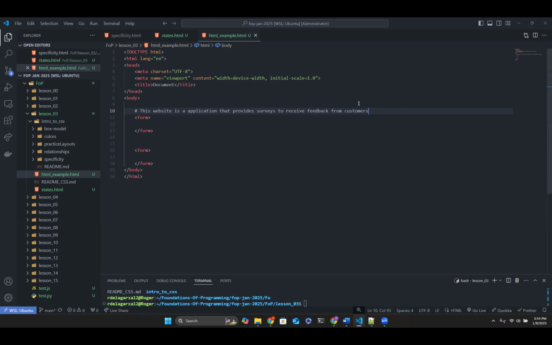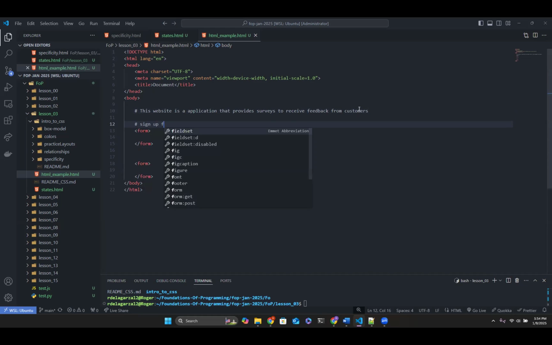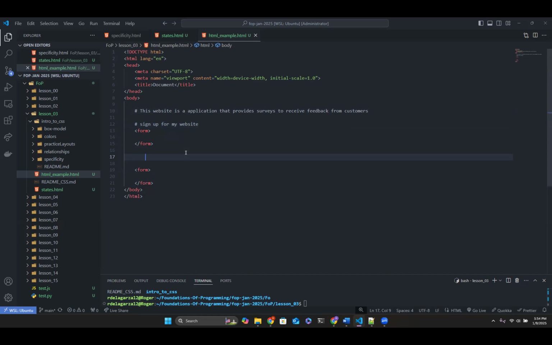But before someone can use this application, I need them to sign up for my website. And then there's going to be a different page that they're going to have to use to fill in the survey for feedback. So I'm going to require two different forms, probably on two different pages, but we're just doing this on the same page so we can see how these will work.